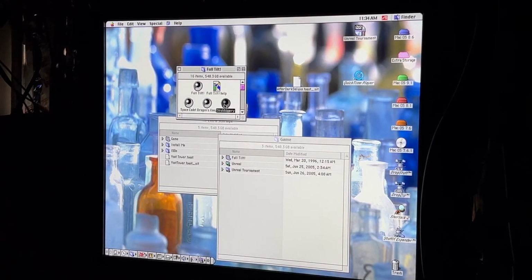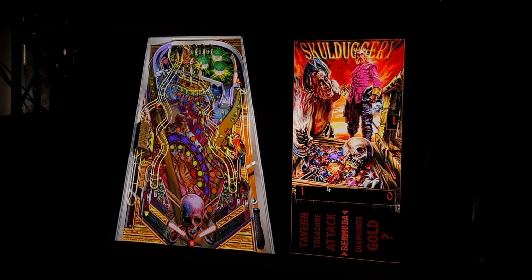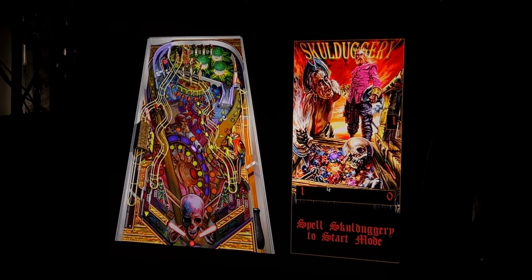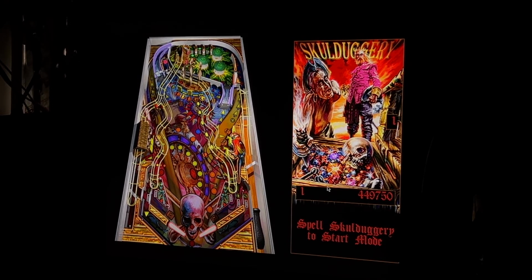Anyway, and then my favorite table, Skullduggery. Of course I get a 7 times multiplier when I'm trying to just demonstrate this on video. I really should just play this on stream one day. Once I get my video capture solution set up, which should be coming later today, so who knows? If I have time, maybe. Of course, by the time this video goes up, it's going to be way later than today, so...